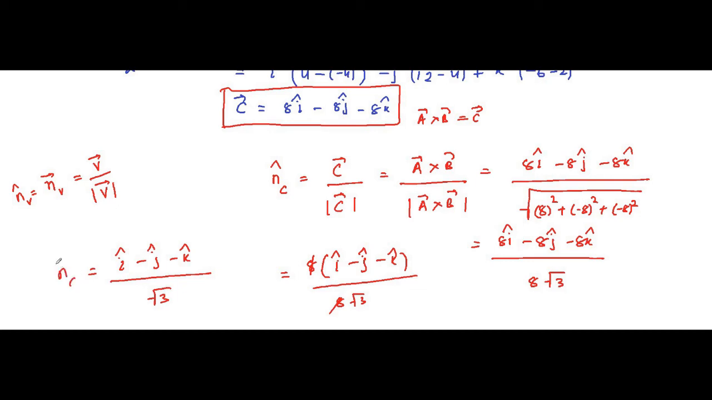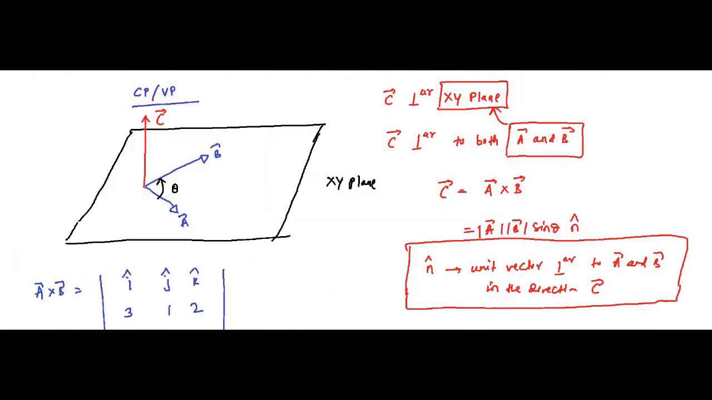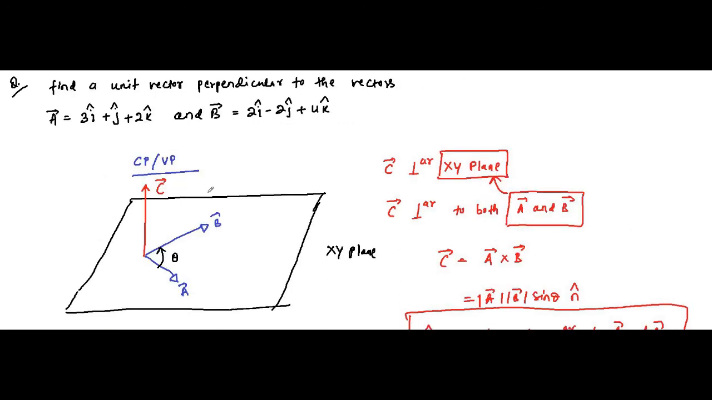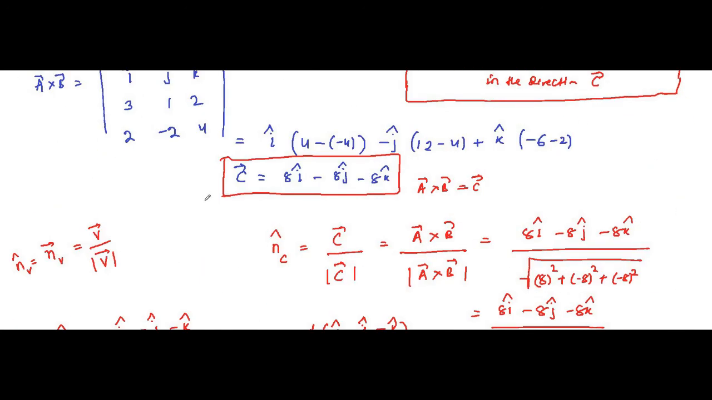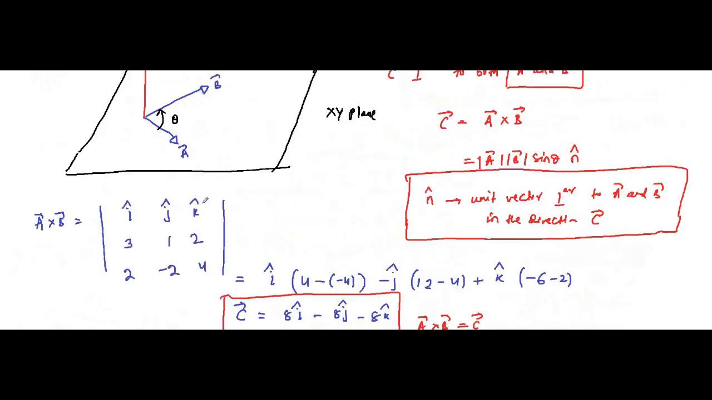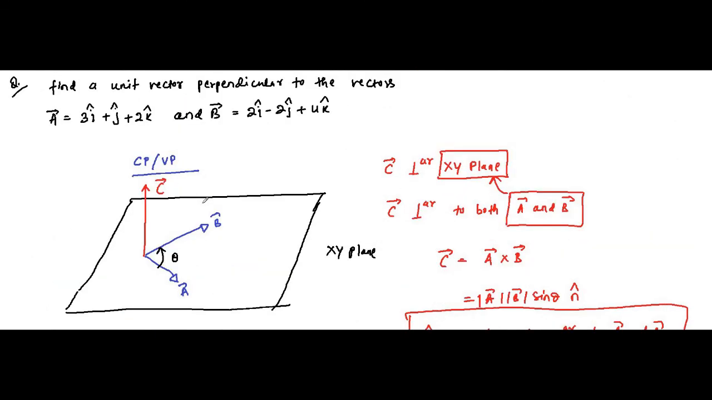This is the unit vector in the direction of the resultant C vector, which is perpendicular to both A vector and B vector. So this was the question. It was a little bit tricky, so you have to understand that it is basically the application of cross product or vector product. This was the whole point of this question, to test indirectly your concepts related to